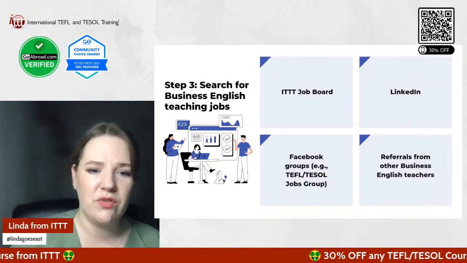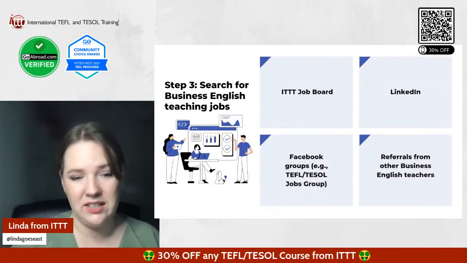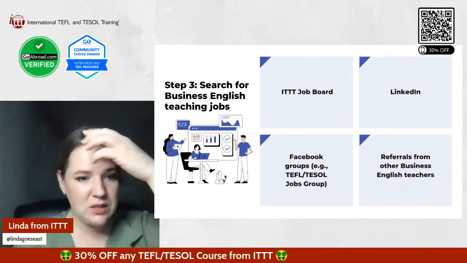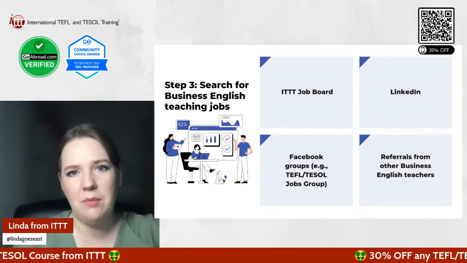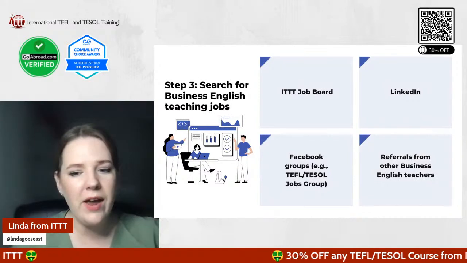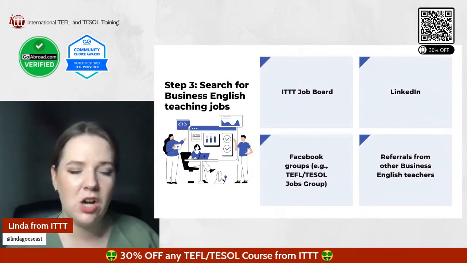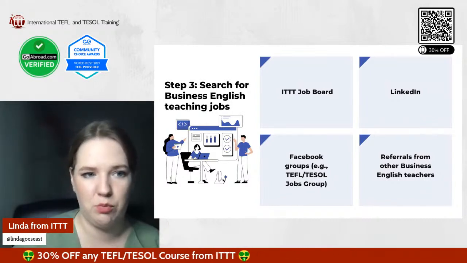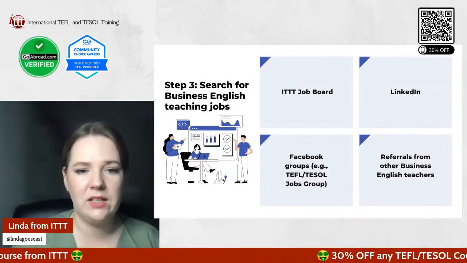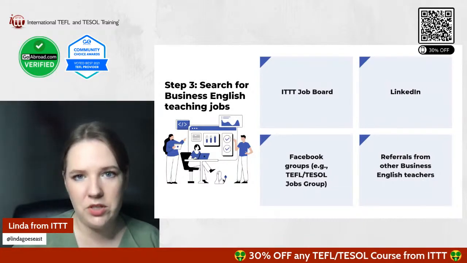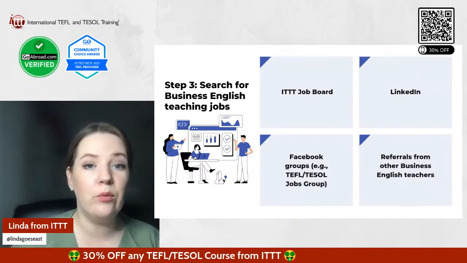And if you do a search for TEFL TESOL groups, there are so many out there. It's ridiculous. There's a huge amount, and also very specific ones. So there'd be TEFL TESOL jobs or English teaching jobs in Korea, English teaching jobs in Peru, I don't know, English teaching jobs in Mexico. So there are very, very specific Facebook groups, and they all have thousands of members. These are so great to either find job opportunities, because people post jobs in them, right? Or to network with people.